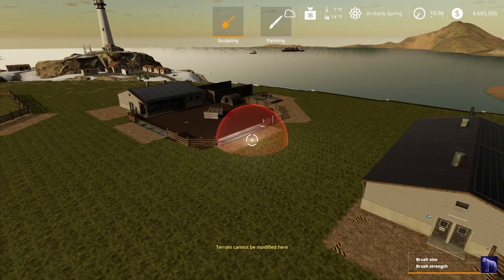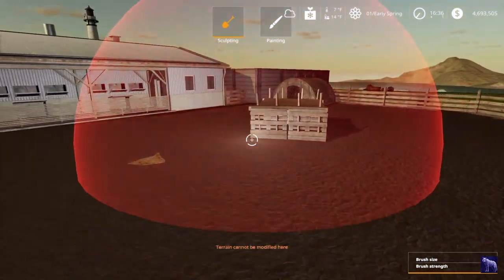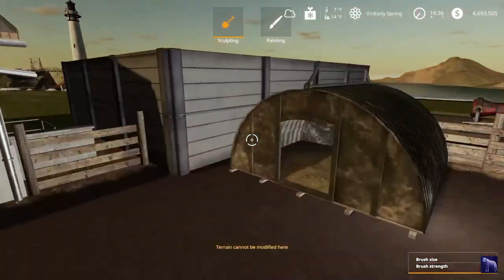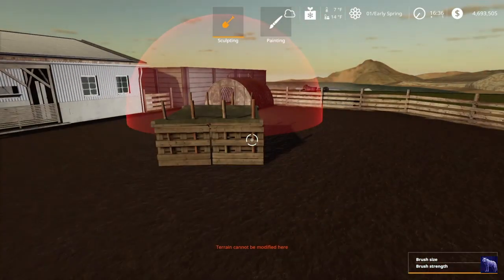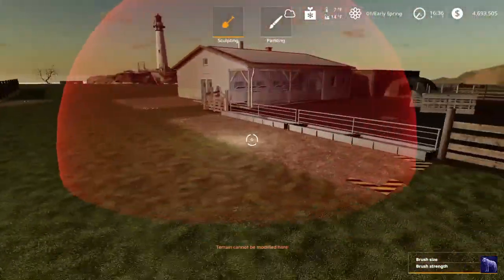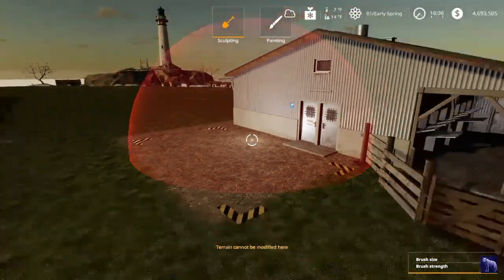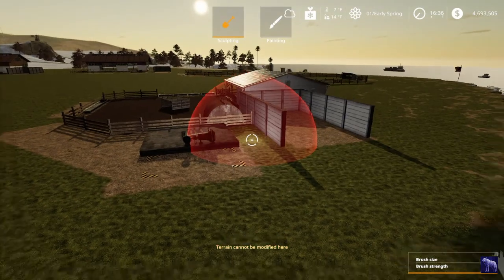Now we have pigsties. Pigsties, as you can see, are designated by the huge mud pit that shows up on the ground. Here you've got just a little house for your pigs. And then you've got, I guess, a plaything for the pigs. You've got your food trough there, your water trough there. You've got your purchase point there, and then of course you've got your slurry and manure pickup points there